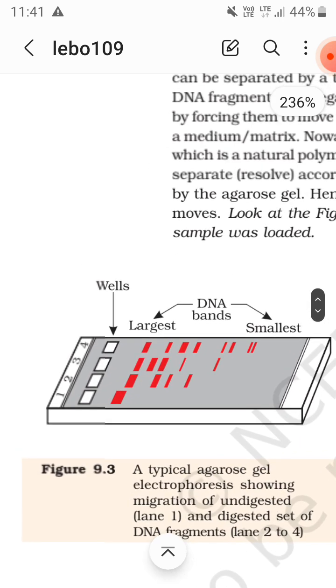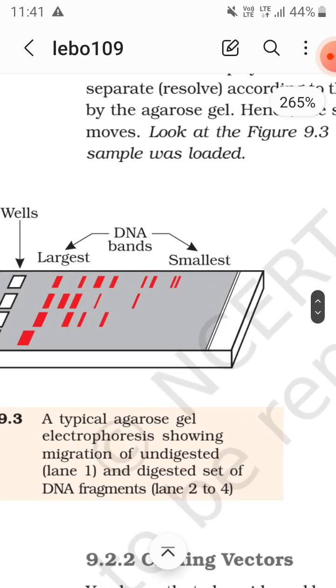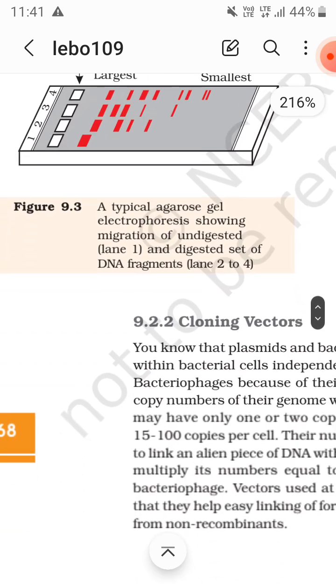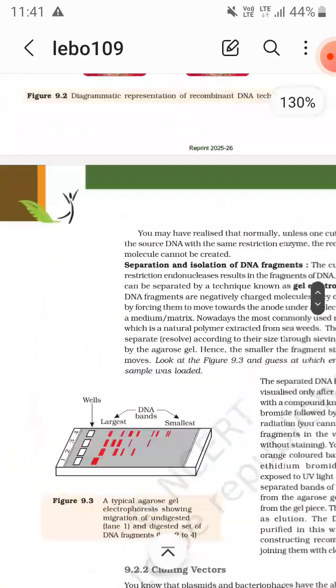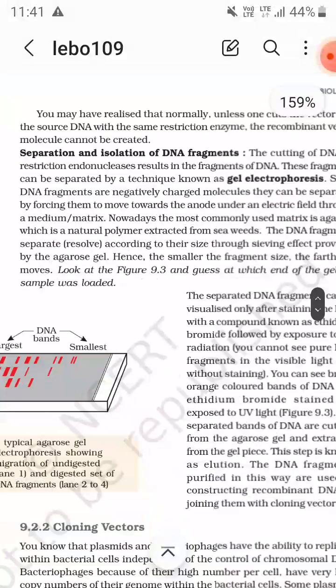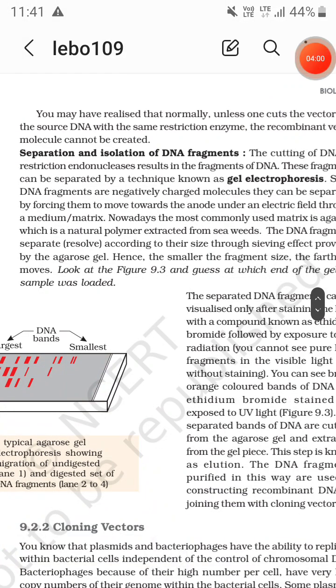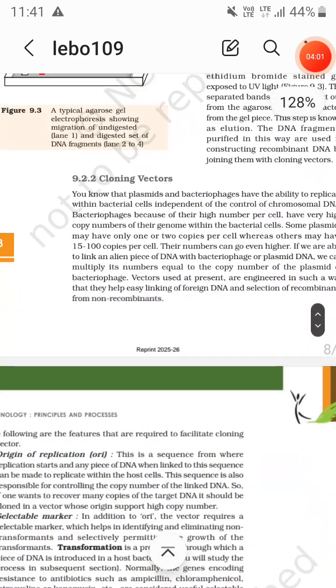Now these are the wells; the largest fragments are near the wells, and then the DNA bands, with the smallest farthest. So this was the separation and isolation of DNA fragments. There is gene cloning,